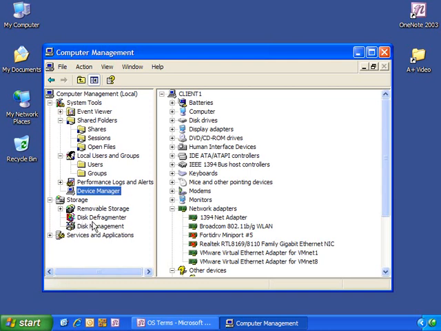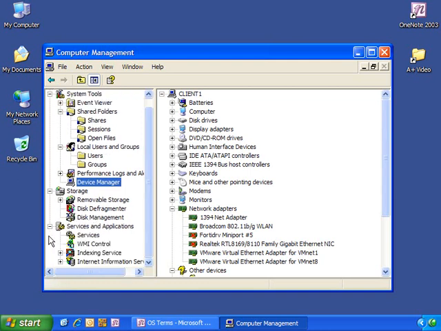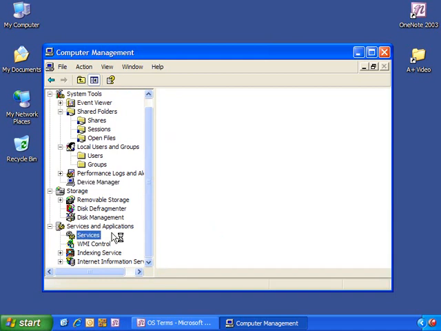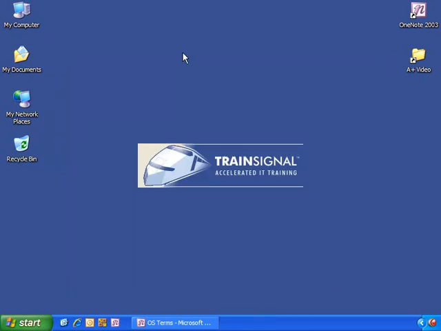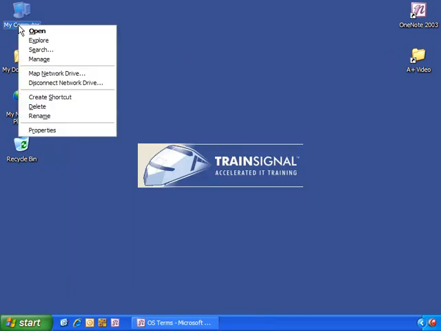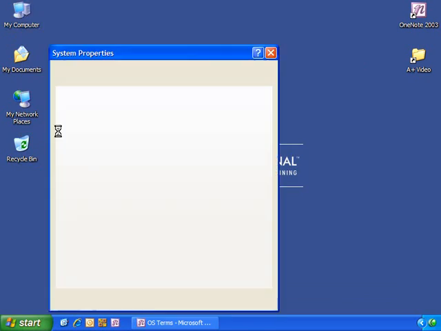Storage, disk defragmenter, disk management. If I go in here to services, these are little applications that are running in the background on your computer. So this is a very valuable application, and you can also access it through control panel, as I said. So if I close that out, if I right click on My Computer and I go to Properties,